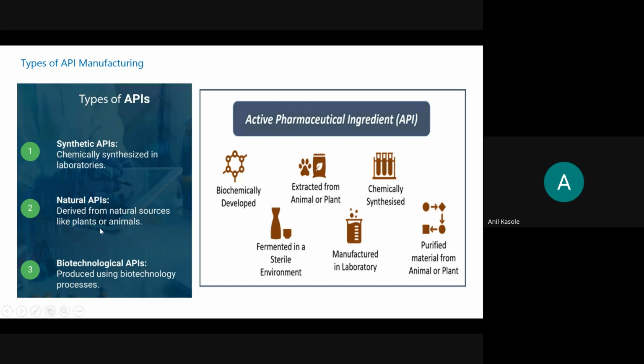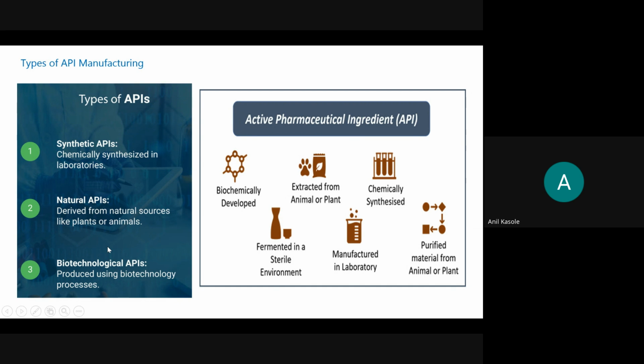So in simple words, for example, we are familiar with the tablet called Crocin. So we know Crocin 150 milligram. That 150 milligram is the actual API. The remaining weight of that particular tablet is a combination of other materials added during the process. But that 150 milligram, 250 milligram is the API. This API either comes from synthetic means, chemically, by adding chemicals, or is derived from natural sources, for example plants or animals, or comes from biological sources.